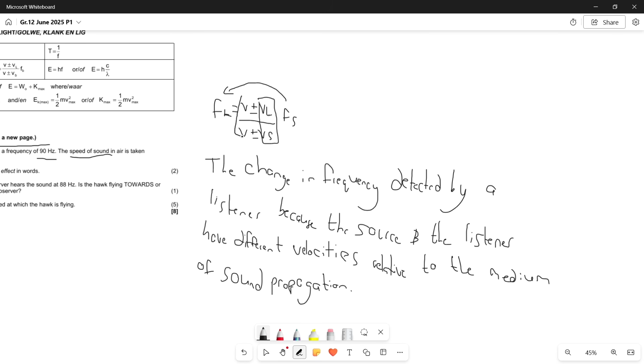And the medium of sound propagation is just whether it is traveling through air or through water or through steel,